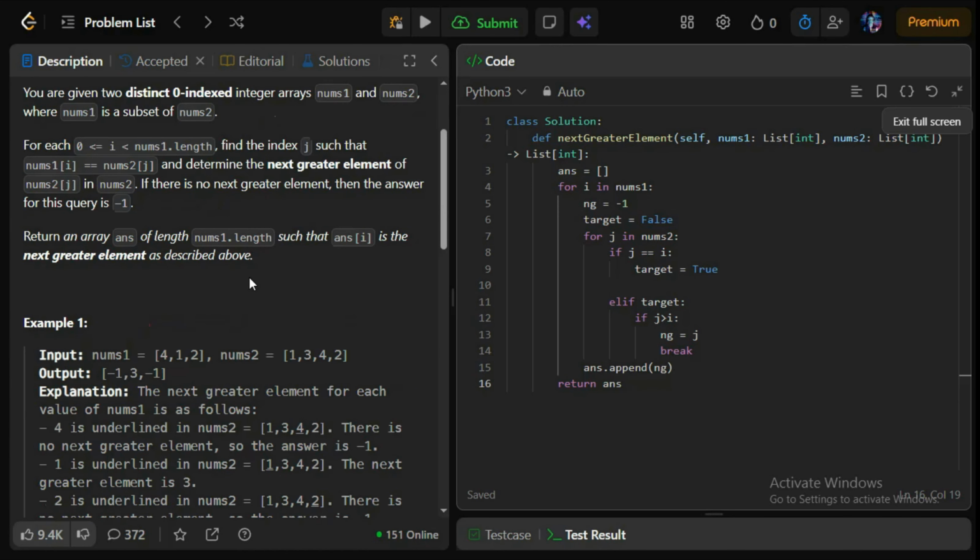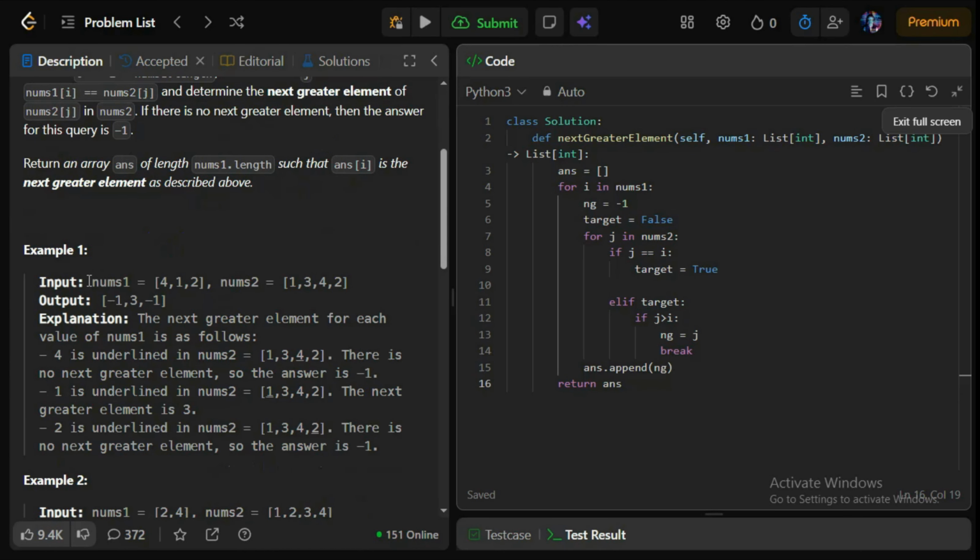So let's understand this problem by taking examples. In example 1, as we can see, we are given two arrays nums1 and nums2, and in the output we have an array with the elements -1, 3, -1. Now let's understand how this answer came. The first element of nums1 is 4, and if we search for 4 in nums2, we find it at the second index, and then we have to find the next greater element. As we can see, after 4 there is no greater element than 4,